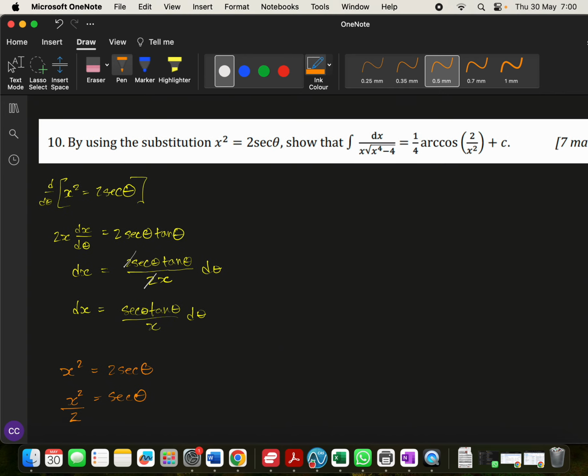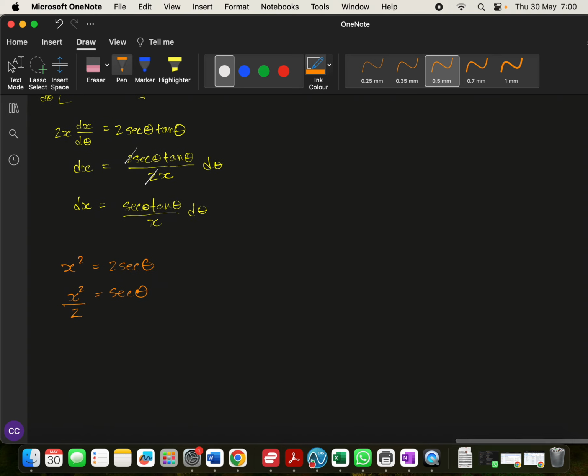Okay, but we're told that we need to have this as arc cosine. Well, secant is 1 over cosine. So I could rewrite this as cosine theta is just the inverse. If I just invert it,